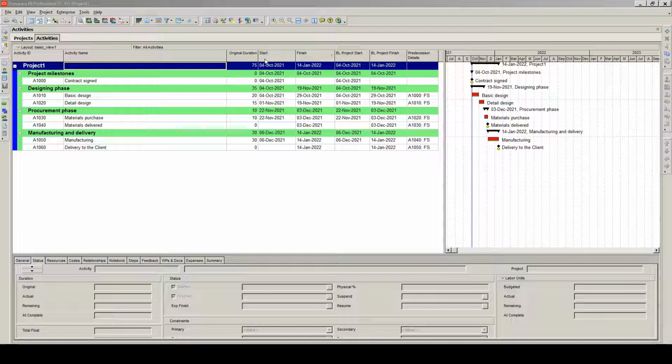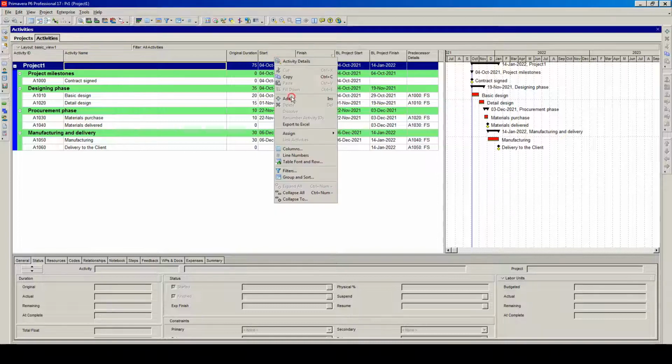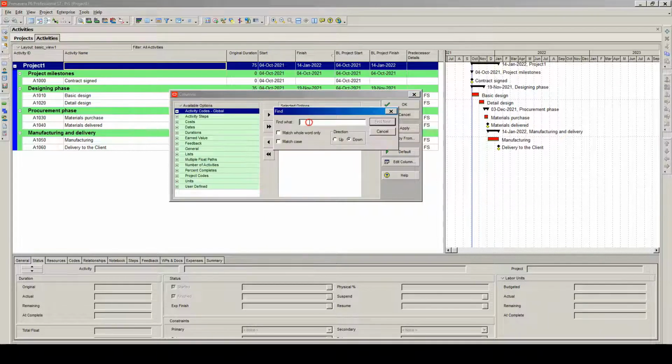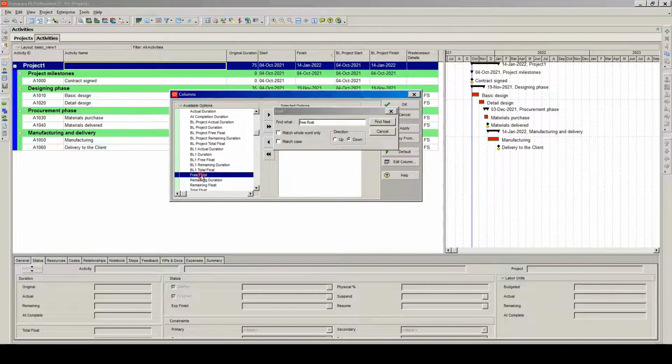Let's do this. Right click on any of those columns and then go to Columns, and here from the available options I can click Find to find the free float column. Find Next to find the one which I'm interested in, exactly that one. So I will add free float to the list, and I'm also looking for the total float. It's underneath, so let's double click it also,